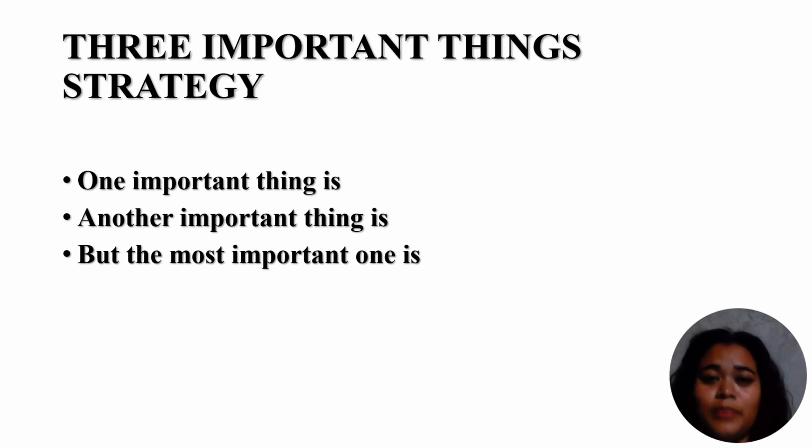For this topic, we are going to prepare to talk about some strategies. The first strategy is the 3 important things. In this summary strategy, the teacher asks a student to highlight or underline the 3 important things that they find in the text. For example,